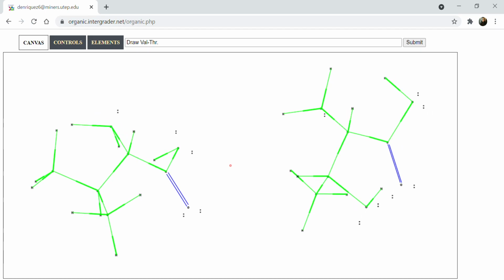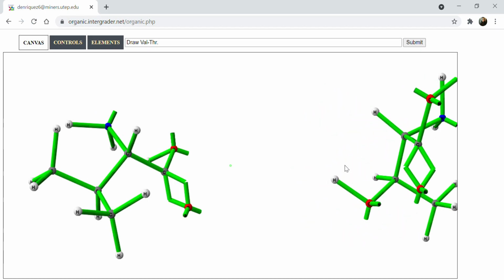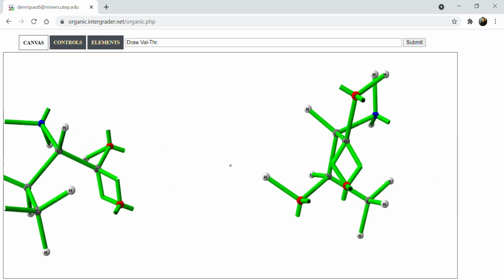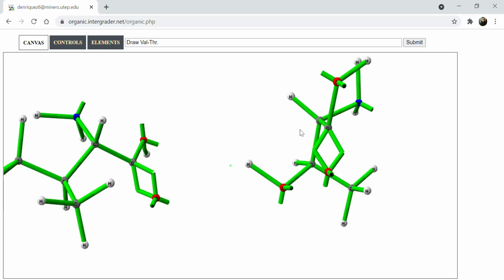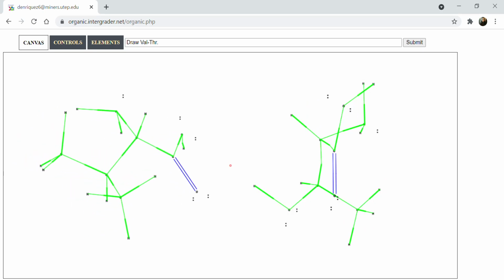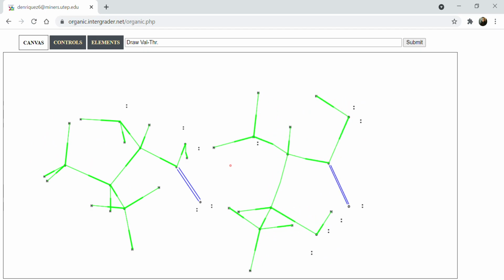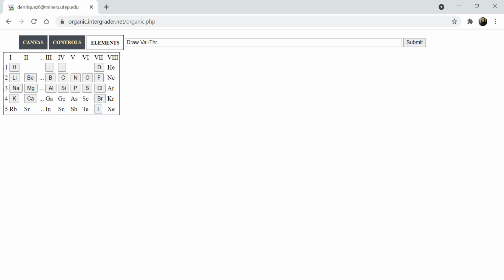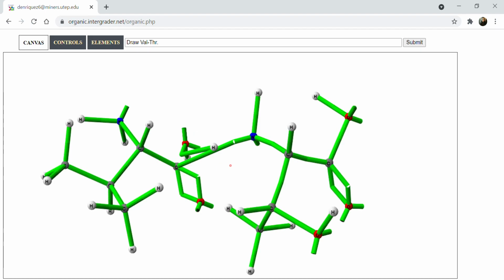Let's see if it switched the right way. Okay, so now my chiral center should be R on the bottom. 1, 2, 3, R. Okay, and then now I'm gonna move some things around. I'm gonna roll this second molecule so I can attach it. So using my heterolytic function, I'm gonna attach it there, and then I'm gonna create water, and I'm going to